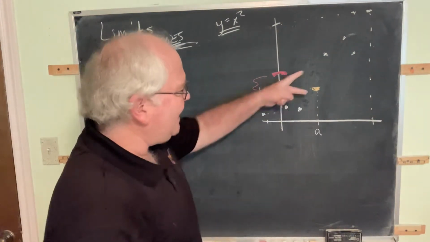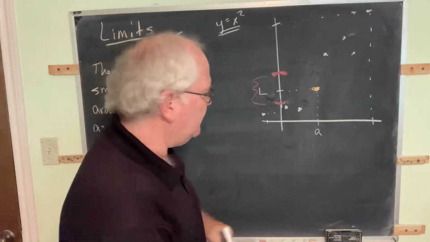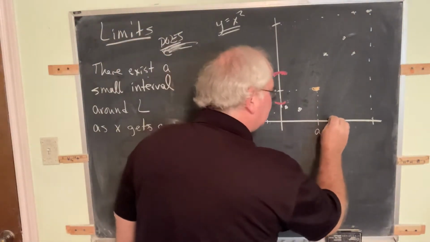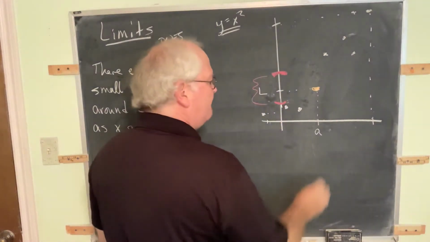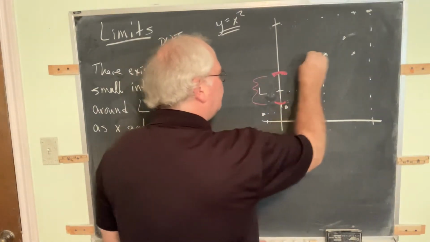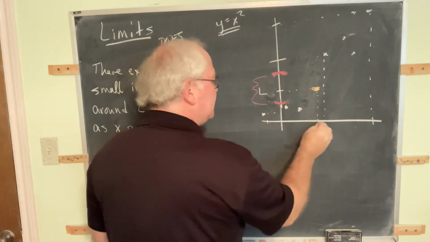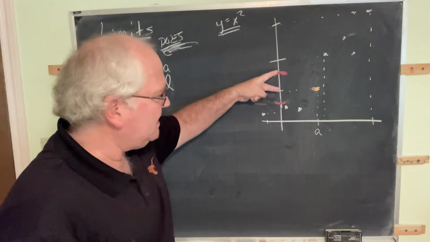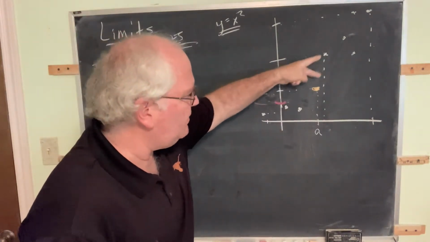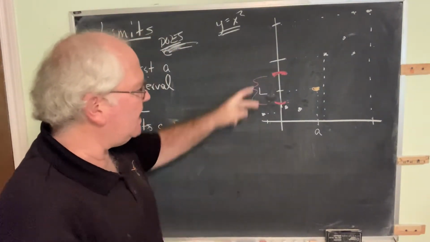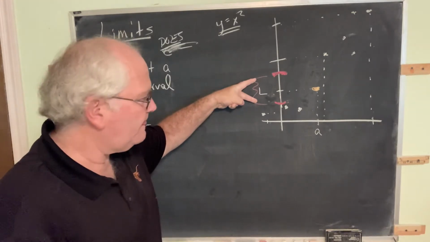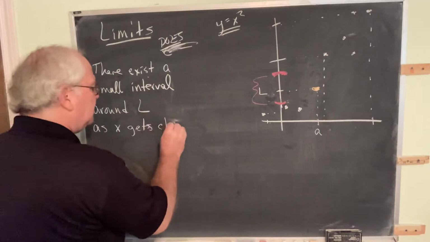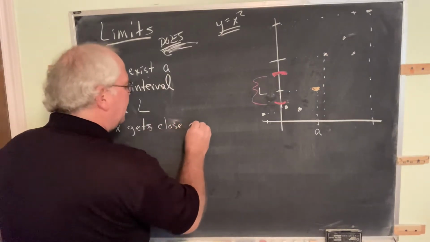But in order for this gap to happen, what it means is this: no matter how close we get, even if I choose as close as possible to A, the function value never gets inside this interval. That's what we mean by saying they're separated, that there is a gap between individual points. That there is an interval around L so that no matter how close, as X gets closer, or I'll say close enough